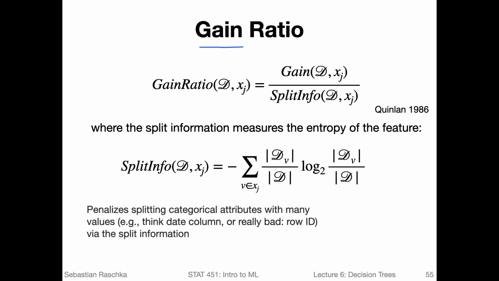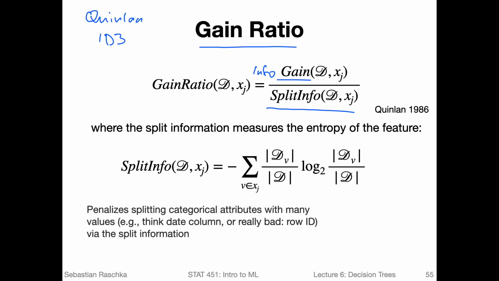One potential improvement that we can make to decision trees is the so-called gain ratio, and this was defined by Quinlan. And if I recall correctly, this was in the ID3 decision tree algorithm. So essentially this is a modification of the information gain. So this is the information gain. And what's new here is that there is a denominator now. So there's a scaling factor, 1 over the split info, for scaling the information gain.